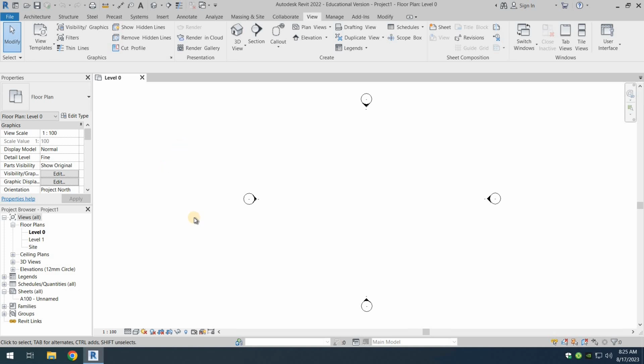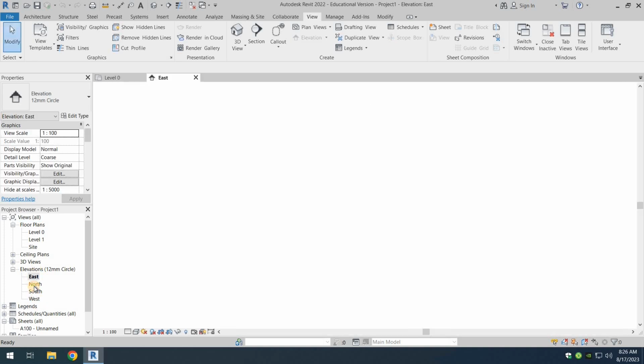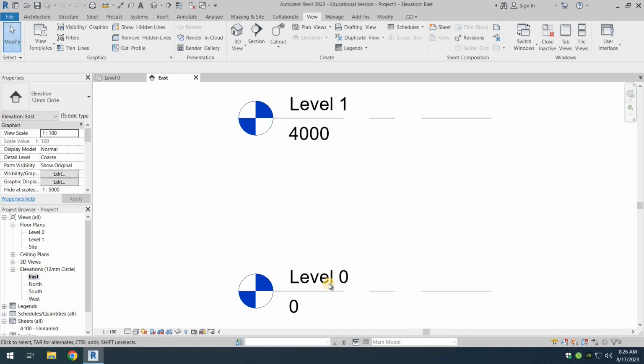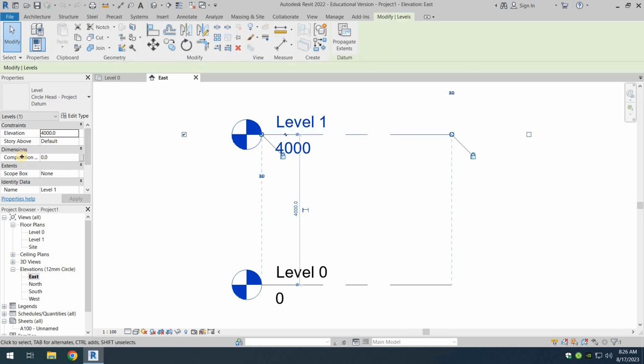Okay, in this video we're going to be fixing up the elevations for our model. So what we're going to do is come to the project browser right over here, and from here you can see the elevations. Just click on this plus sign and open up any elevation you want. I'm going with the east. So here you go, you have level 0, and then we have level 1, and that is at 4,000 millimeters. So I'm just going to select that, and then from the properties window we can change the elevation height from there,